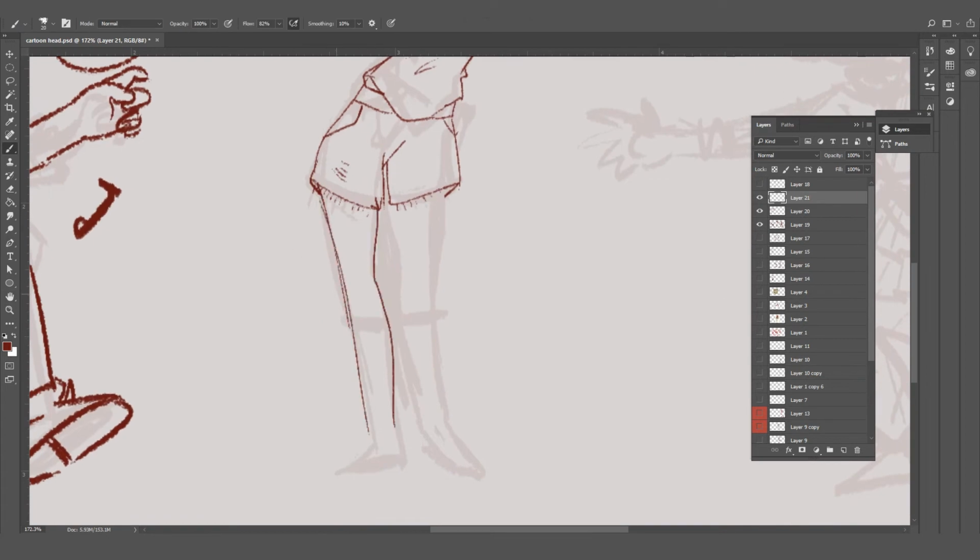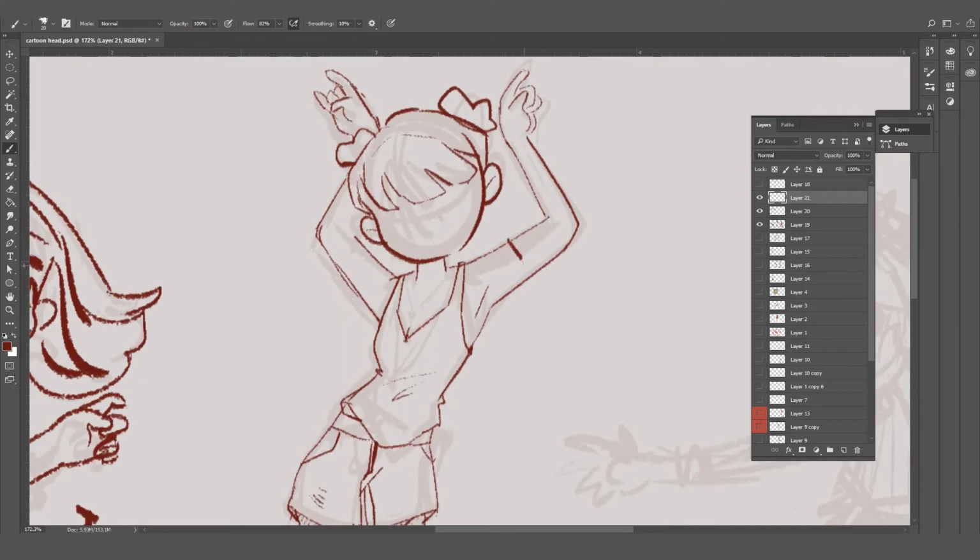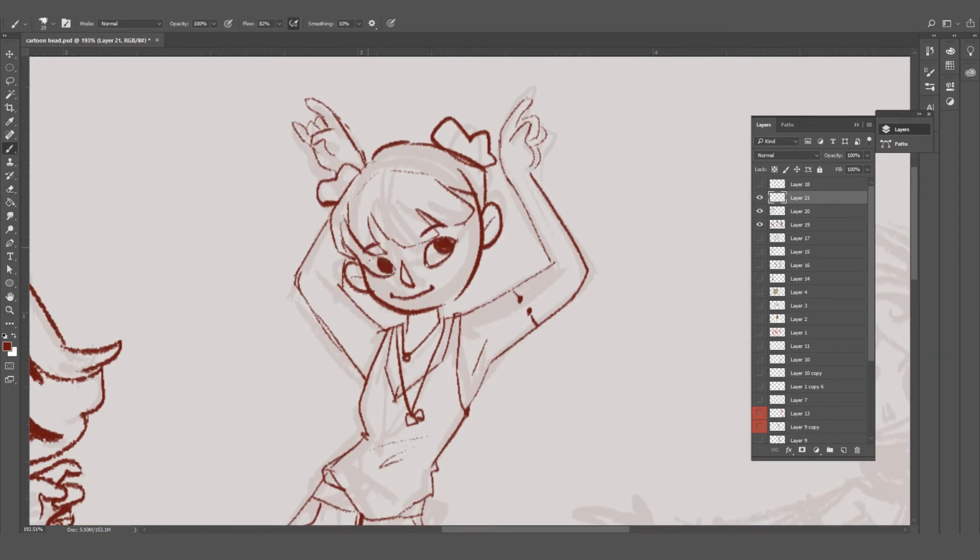Now also let's look at some dancers. Since dancers usually have a very dynamic posture while they are dancing, they show another kind of line of action, which is the S curve. Previously what we did was the C curve, where the line of action was shaped like a C.